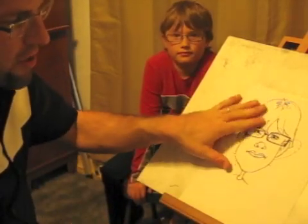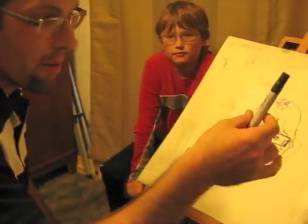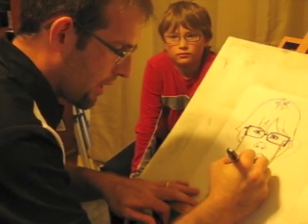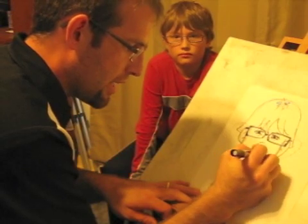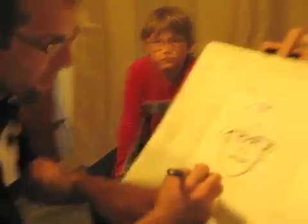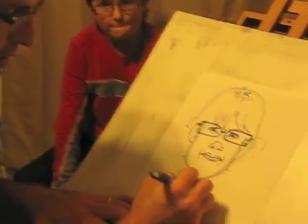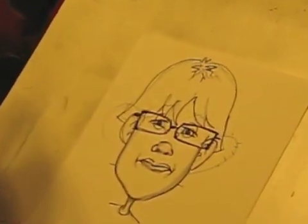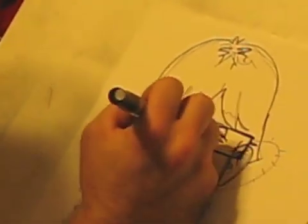So now that I have the drawing done, I'm going to do my grays, like I showed you, my gray markers. I'm going to add some tones, shading, around the edge of my face to make it look three-dimensional, which makes it look 3D, like it has shape, and make it look a little bit more real. Add a little bit of shadow there underneath his head and his nose, especially underneath the nose, because you see his shadow underneath the nose there, and usually on the nose bridge on either side, and his